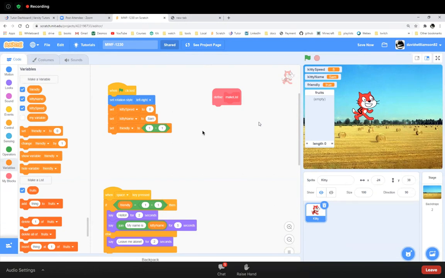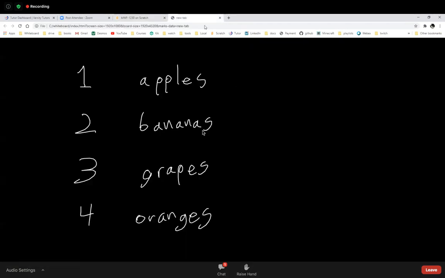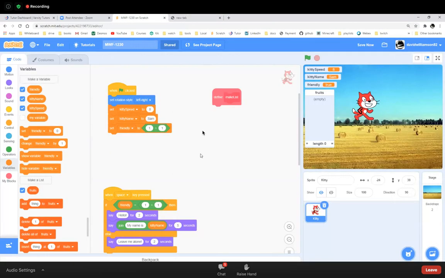Okay, if you have other fruit that you want to see in the list, go ahead and add those fruits to your list, okay? It's not going to break the code. We're going to make it so that it accommodates for any fruit you want to put. So if you have a fruit that you have in mind, definitely put that in your own list, okay? But right now, my list is going to be what? Apples, and then bananas, and then grapes, and then oranges. It does matter what order they're in. That is important, okay? So here's make a list, okay?